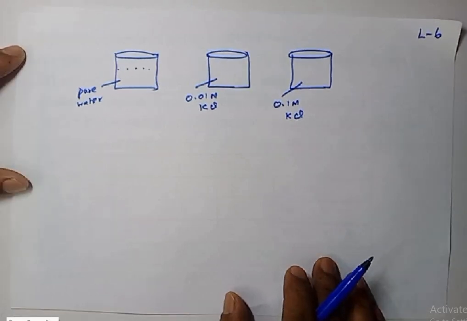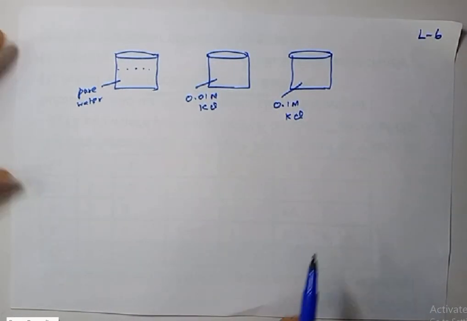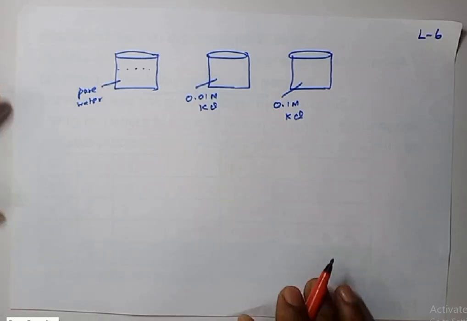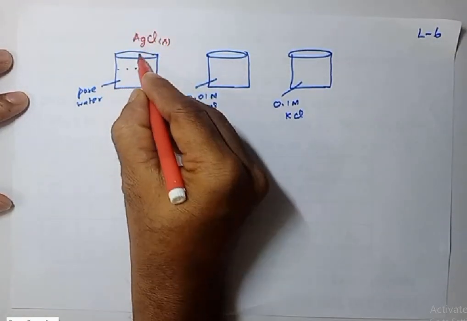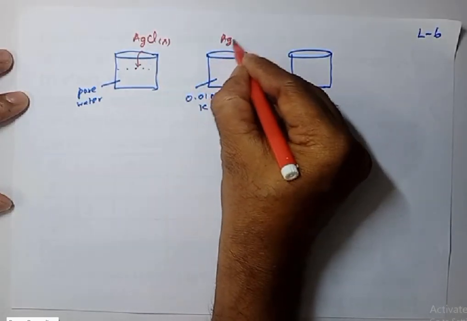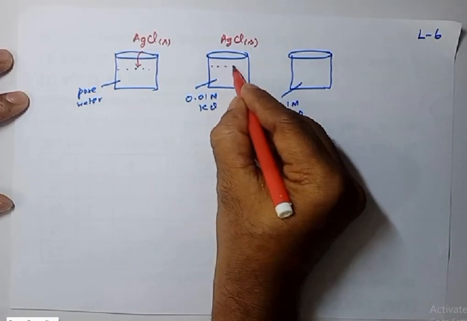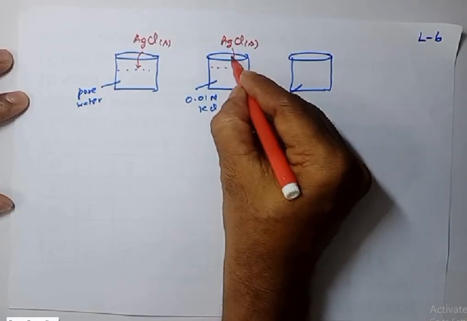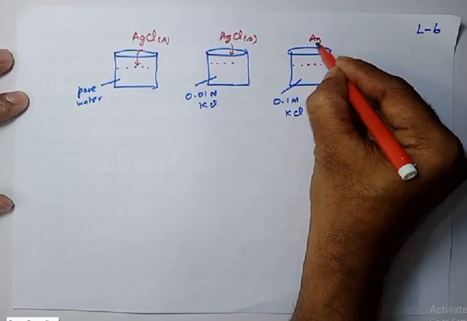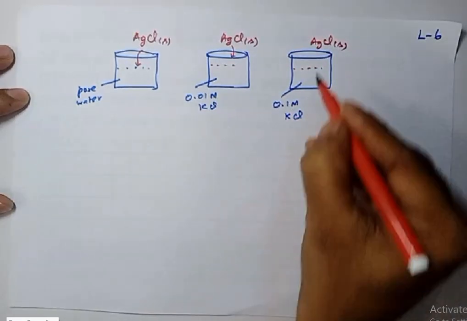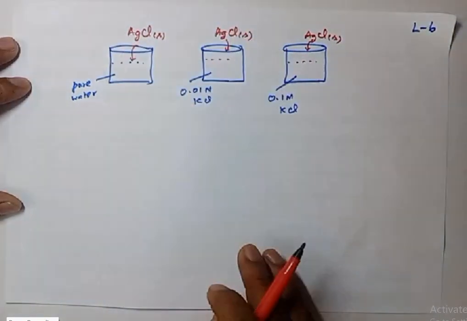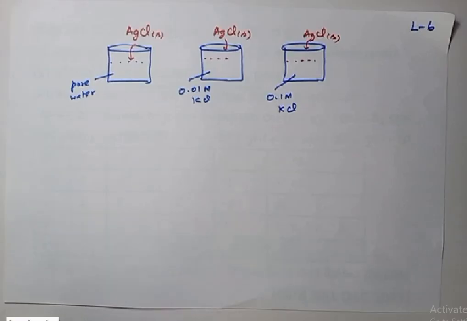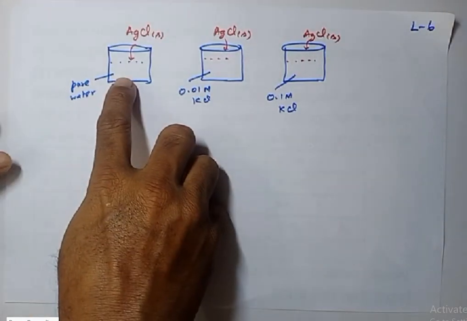Okay, this is lecture 6 on solubility equilibria. We'll continue what we discussed in the last lecture. If I add solid silver chloride in pure water, in a solution containing 0.01 molar KCl, and in 0.1 molar KCl, in which case is the solubility of silver chloride maximum? Listen, in the last class I told you, here we have only pure water, here we